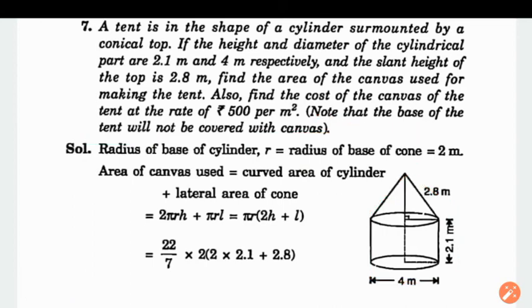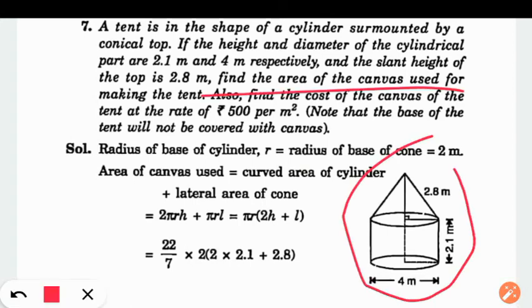When we go to a picnic and form a tent there, would we use canvas at the bottom? Obviously not. Generally we will not use the canvas there, right? If we have something else, we will use that. But where should the canvas be? It should be there at the surface. So to find the area of the canvas, we are required to find the area of the total surface.